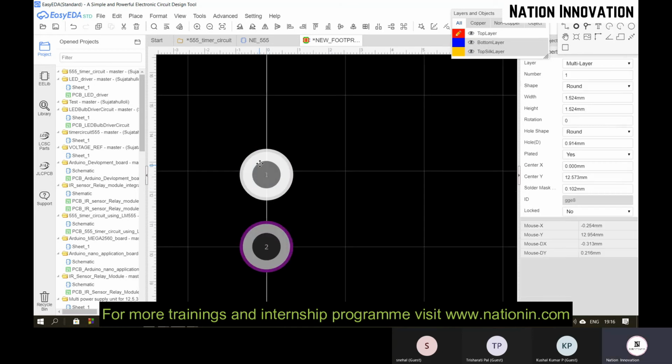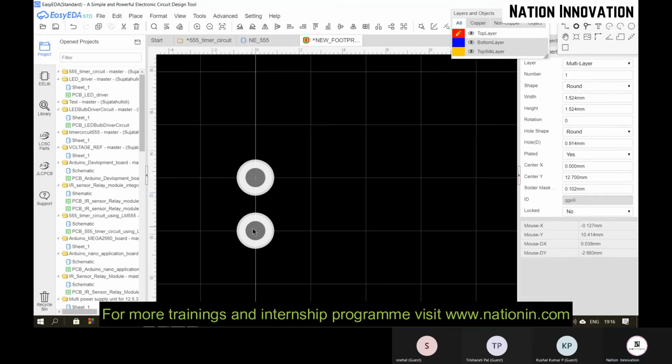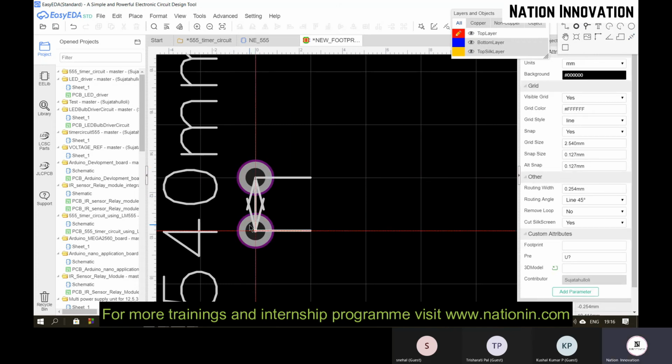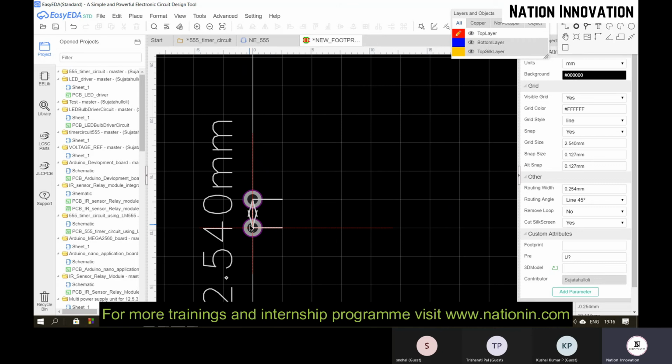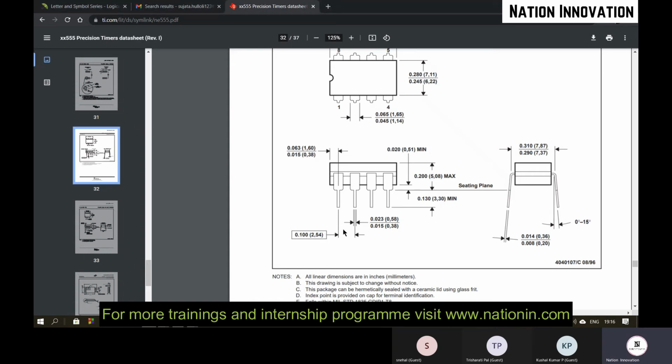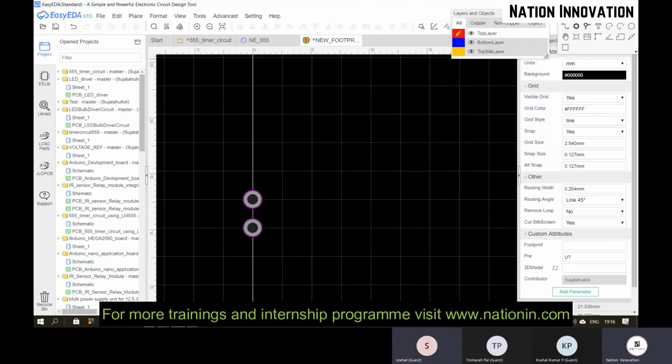You can even adjust it. So let us measure now. Now it is exactly 2.54. This is given here, 2.54. The distance between two pads should be that. So again, we will be placing the other pads.